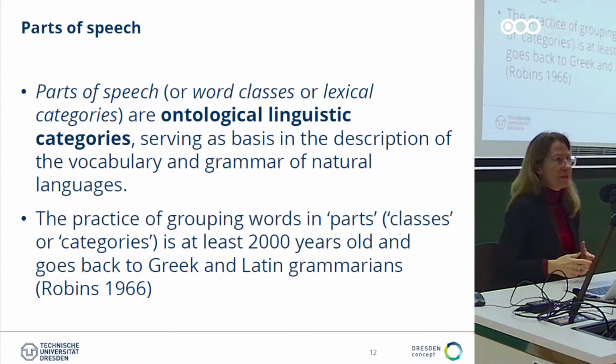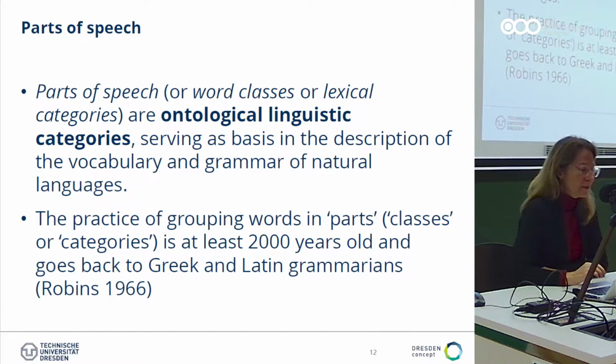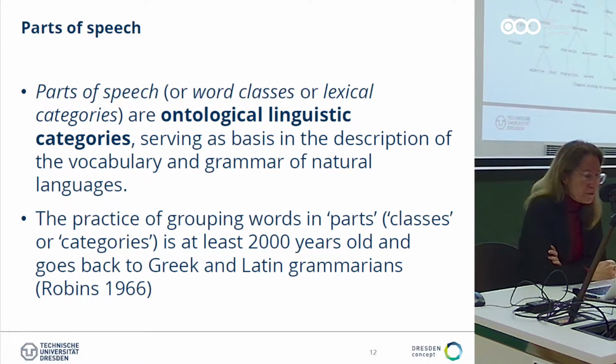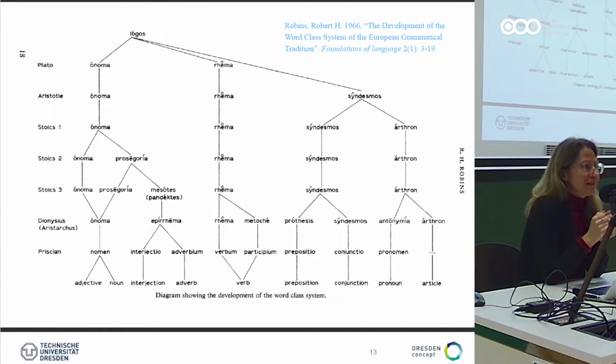As I said before, the practice of grouping words in parts, or classes or categories, is at least 2,000 years old and goes back to the Greek and Latin grammarians. I have brought a chart from Robert Robbins from '66, where he traces the development of word class systems in the European grammatical tradition. We're not going to look at this in detail, but you can see that the system, the parts of speech that we know today, didn't come up all of a sudden,